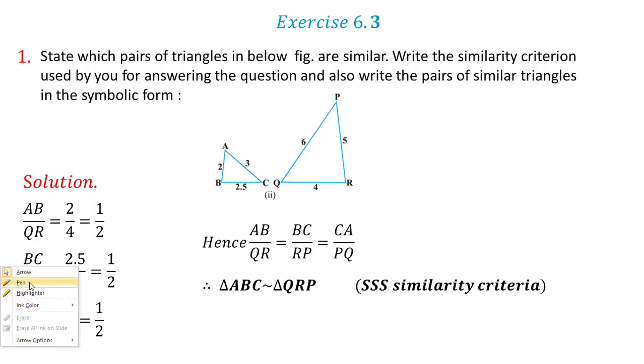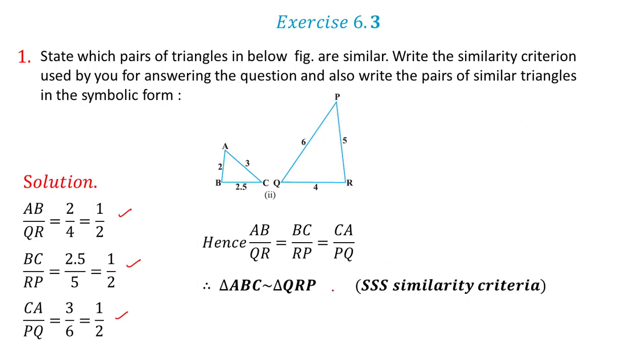Okay, fine. Next I will see what is the largest side. Largest side, here it is AC and here it is PQ. So AC and PQ I will check. It is 3 and 6, so 3 upon 6, 1 by 2, and the remaining is BC and PR. So BC and PR I will check, and it is 1 by 2. So what I find is that all these ratios are equal, so therefore the triangles are similar.